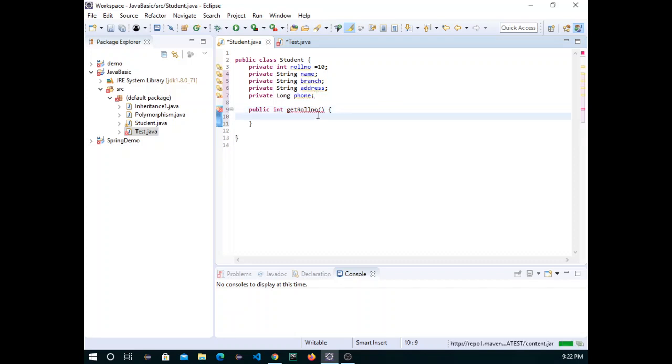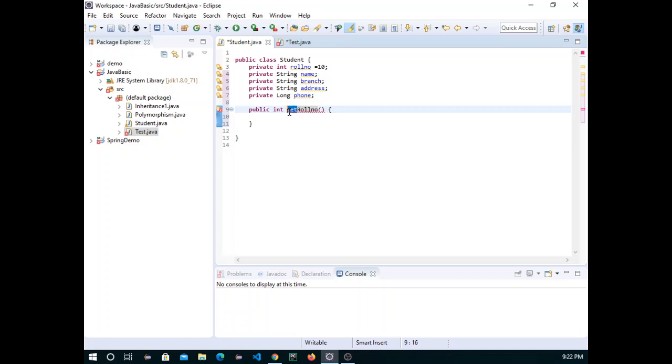So if you will see, there is a pattern. This get is by default a small letter "get". If you want to fetch the data for this student, firstly you need to create the object, and then you have to call this function that is there inside this class, get. So if you will see, this function name has one pattern.